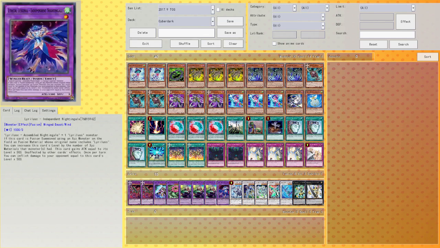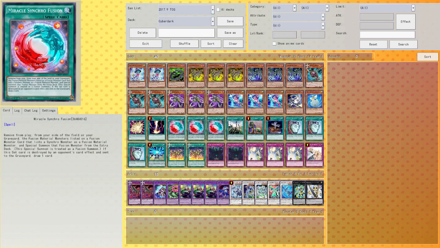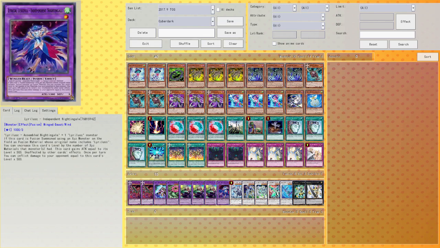the graveyard, Independent Nightingale to the graveyard, and then also send a Winterbell to the graveyard, when you fusion summon a Miracle Synchro Fusion, assuming you also have a regular Wind Witch in your graveyard because of Cannon, you'll be able to summon Crystal Bell, using its effect to banish a monster in your graveyard, and it will gain the effects of that monster. Now, for those of you who don't know what Lyrilusk Independent Nightingale is, it's the entire